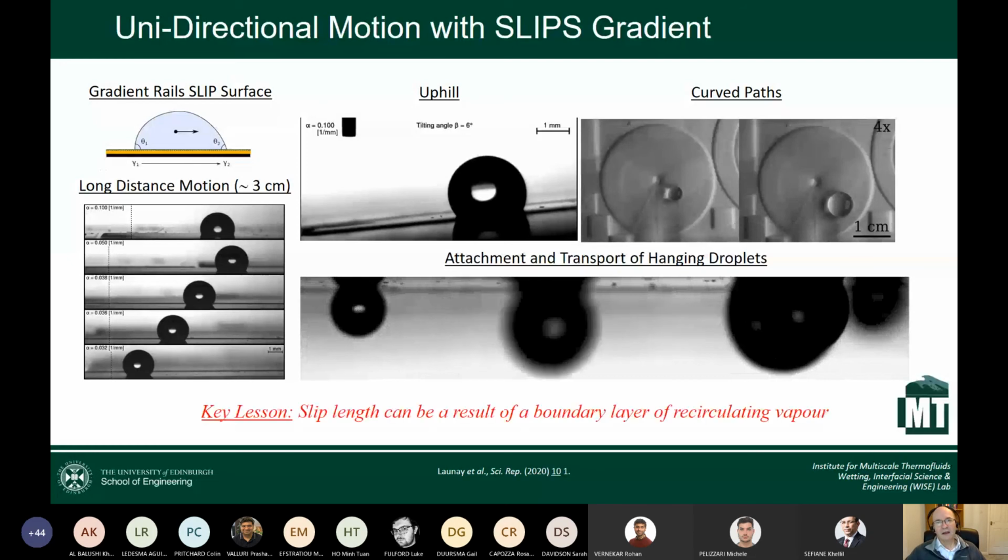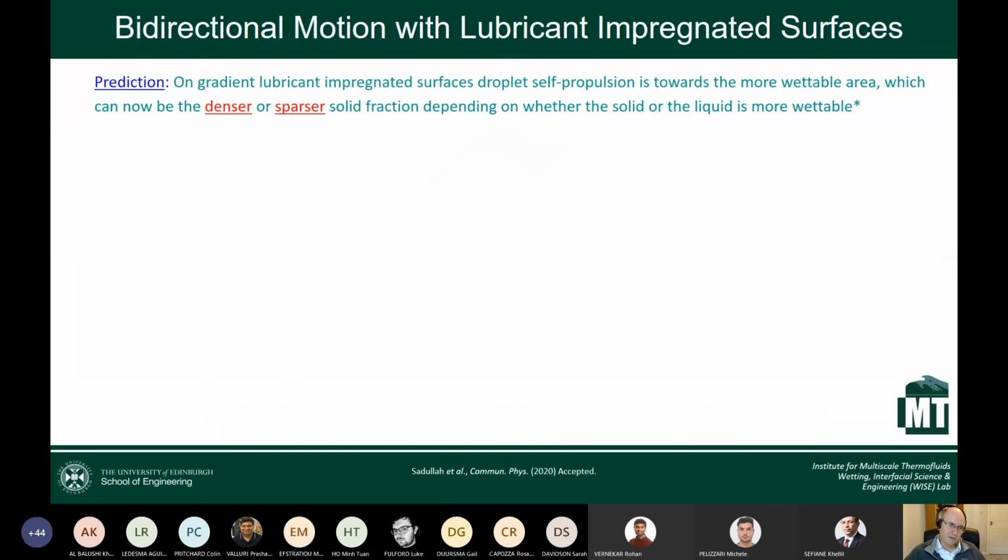Okay. You can also make droplets move in either direction. One of the things that normally happens when people deal with gradient wettability surfaces is you usually only get one direction of travel. For instance, if we make a superhydrophobic surface, a bed of nails, where the nails get closer together in one area, the droplet will move across the surface to the area where those nails are closer together because it's trying to get to the area which is more wettable. If we now replace the air by a lubricant, we can choose lubricants that are more or less wetting